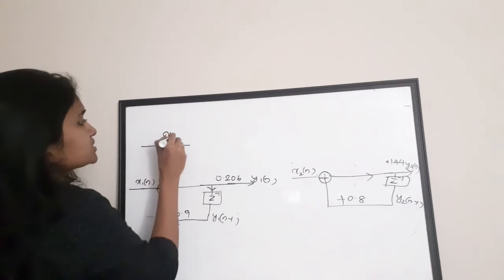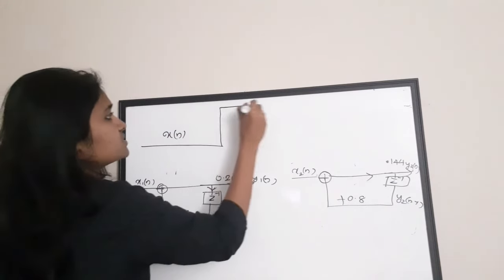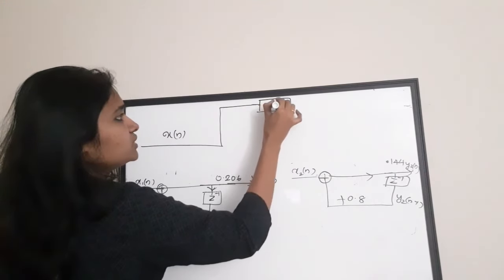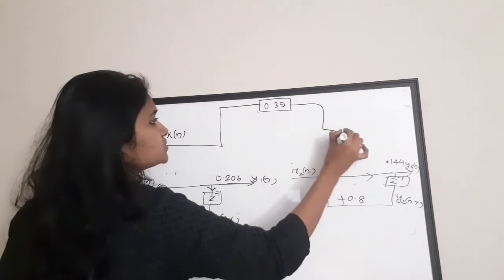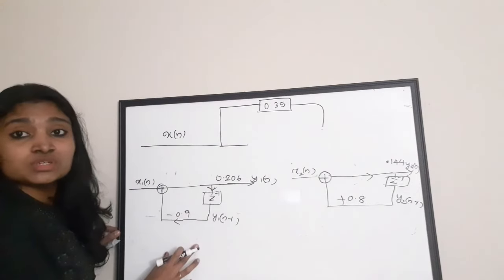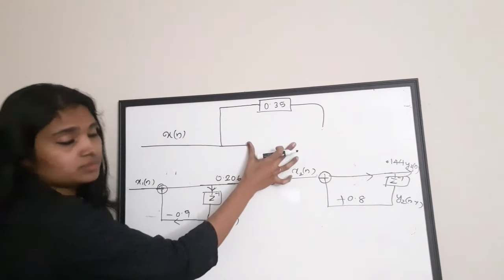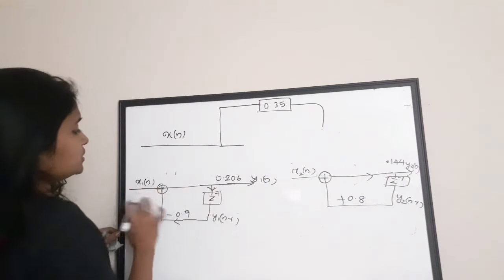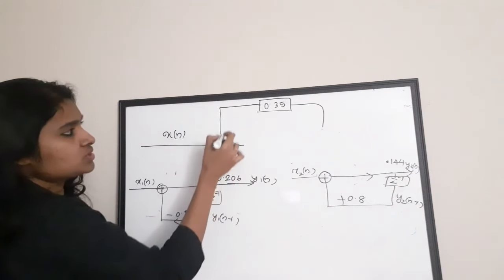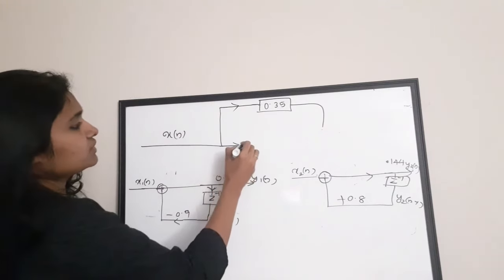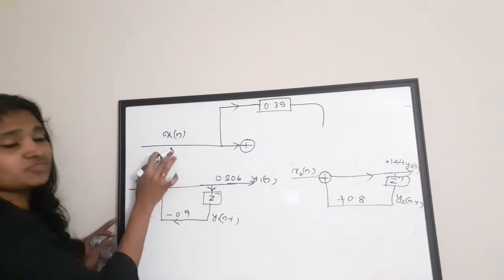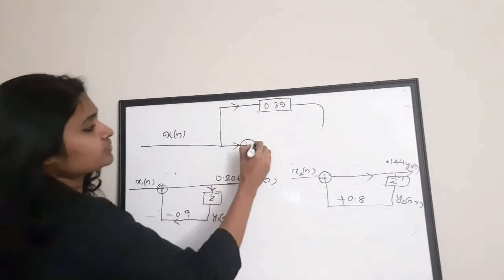There is a single x of n, then there is a constant term, and that constant term is 0.35, right? So it is coming to the output side. Then there is an h1 of z transfer function block diagram you need to insert here. So this x1 of n is actually our x of n in the split form. So you have to draw an arrow to this. So here also an arrow. Then add, just remove this x1 of n because it is x of n split form. So add, then